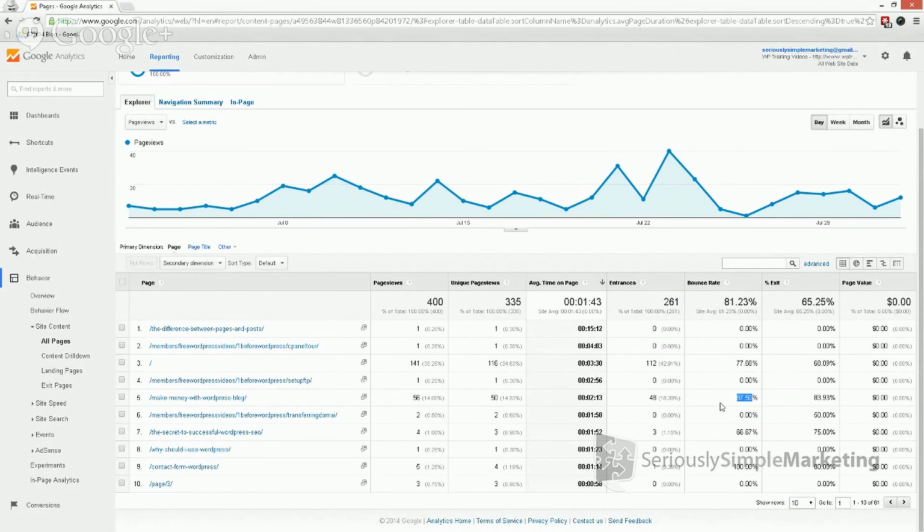Therefore, I should take that as a vote for quality content. That's how Google's going to read that. And same thing here on time on page. The more time they spend, the better it's going to be. Okay. So now, if you know that time on page is important, and if you know that